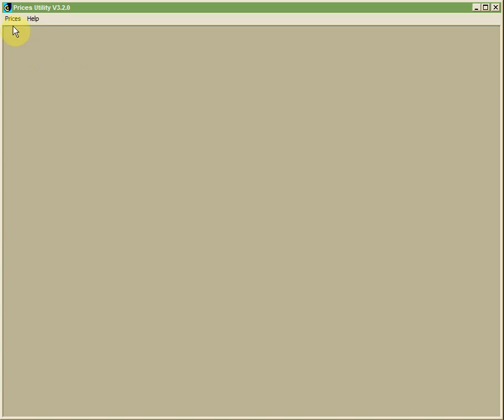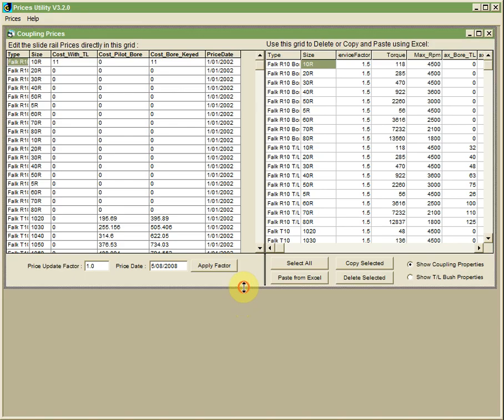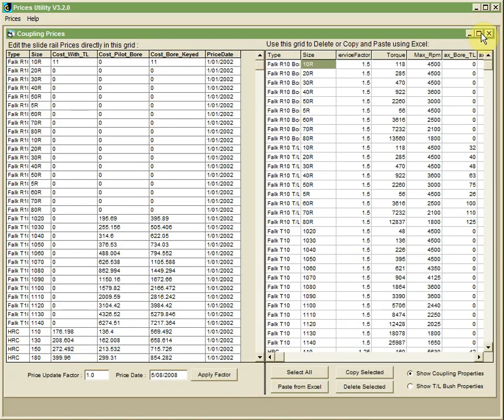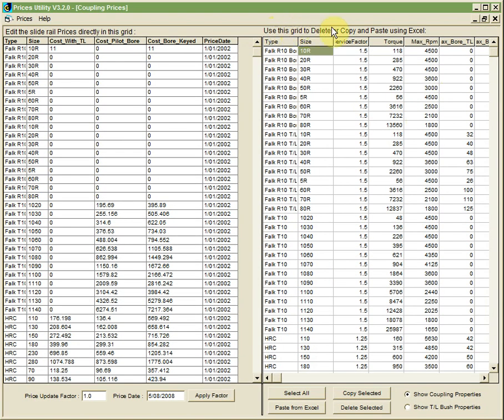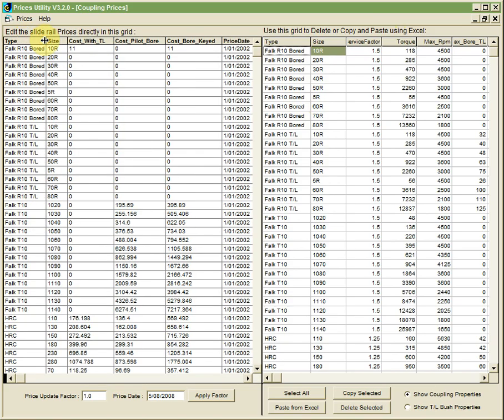That slide rails couplings is a very similar setup. You have the grid on the right to copy and paste using Excel. We don't have actual IDs for the coupling table. The type and size are used to identify the individual records so that we don't get duplicates. So again, we can enter individual prices here,